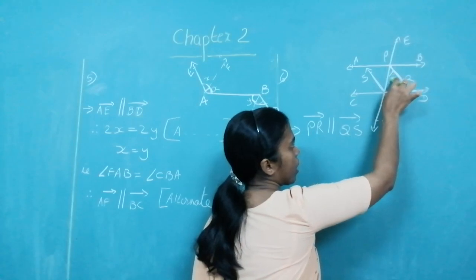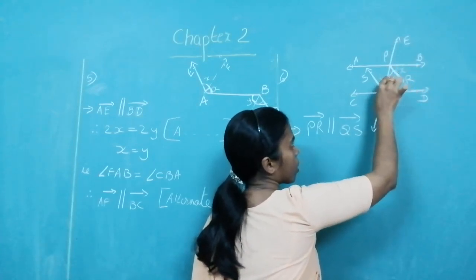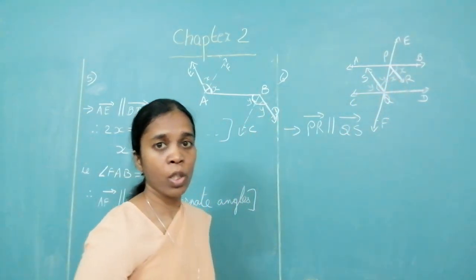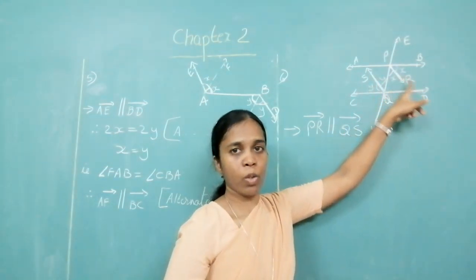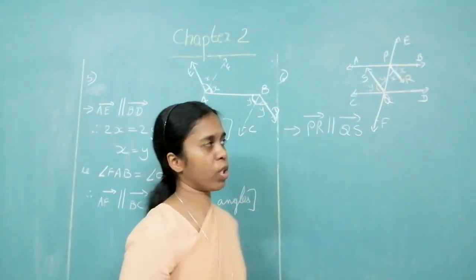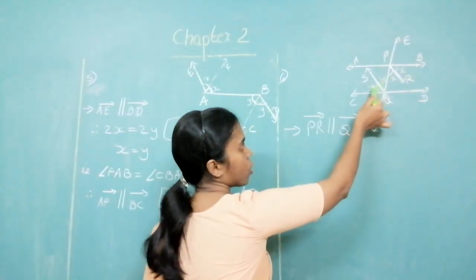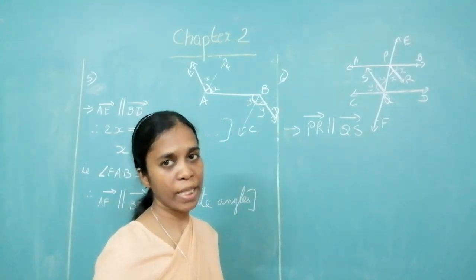Suppose I consider this as x. This also will be x. Suppose I consider this as y. This will also be y. Okay. When you are writing, please mention this in your diagram. Then only you can solve it in the same manner. Okay. You have to mention. Since this is x, this also is x, this is y, this also is y, because you are told that they are angle bisectors.